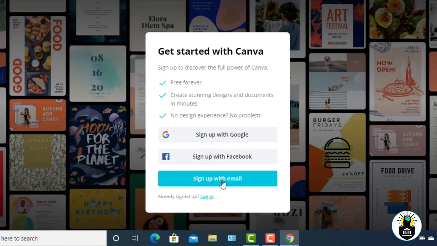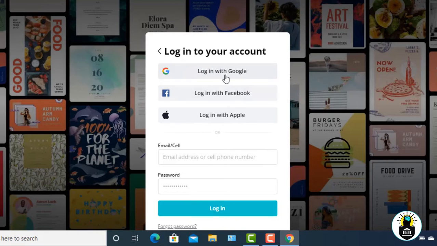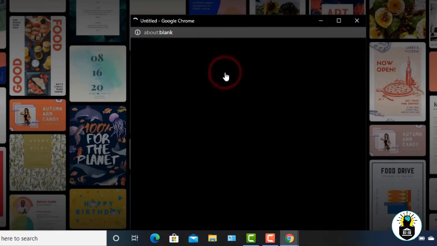Since I already have an account on Canva, I will directly click on the Login button. I will log in with my Google account. If you want, you can log in with your Gmail account as well.